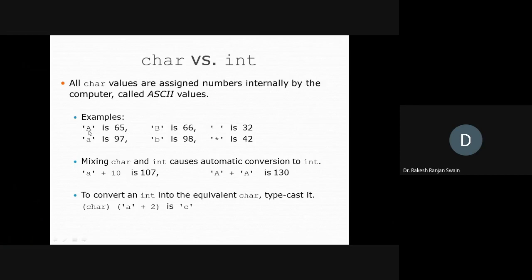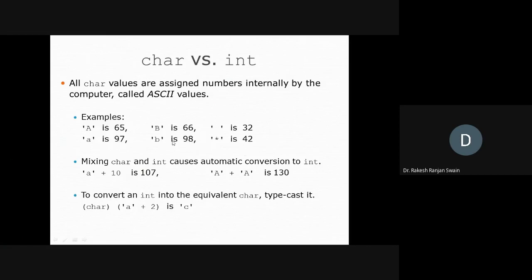For example, capital A has ASCII value 65. Small a has ASCII value 97. For capital A to capital Z, it goes sequentially 65, 66, 67 like this. Similarly, small a starts from 97, small b 98, and in this way up to small z.